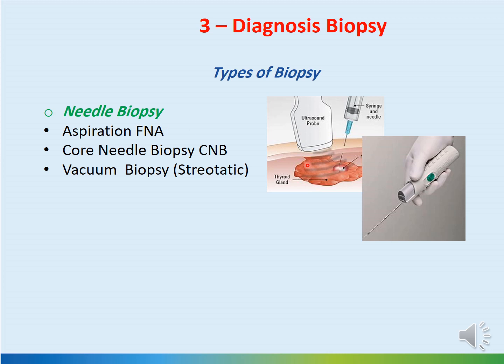It can be done without local anesthesia, but here we only collect cells from the lesions, so it will be cytology only. This fine needle aspiration can tell us if the tumor or the mass is malignant or benign. But in the same situation, it cannot tell us more details about the cancer, while the core needle biopsy will collect a tissue.